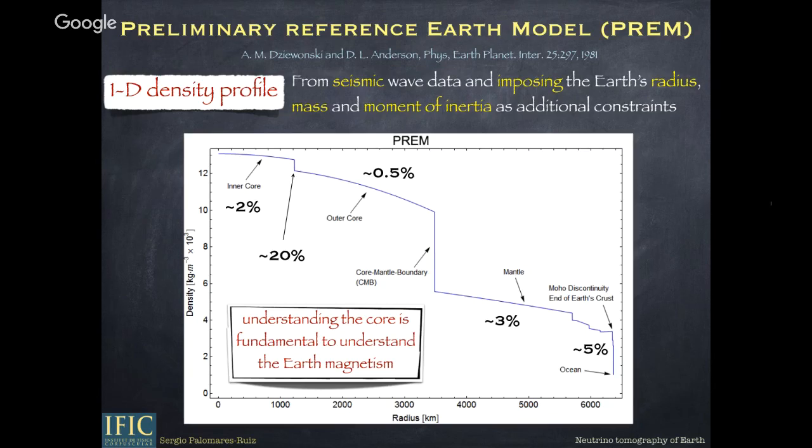Basically, the overall picture is that we know the density distribution of the Earth within a few percent, averaged over depths of hundreds of kilometers. There are some features that we don't understand at that level. For instance, you see here the transition between the inner core and the outer core, and the difference in density has an error of 20 or even more, 30%.